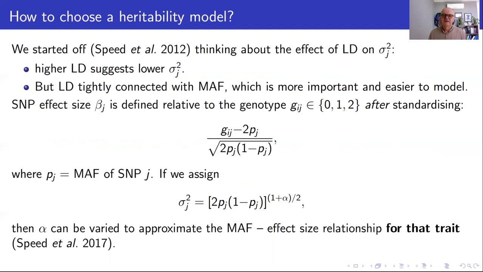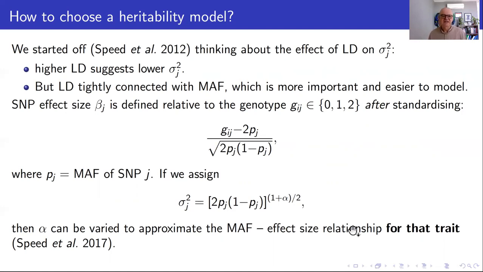And arguably, at the time, we said after adjusting for LD, we had a look and said, oh, if you also adjust for MAF, you get a gain, but it's not so great. But actually, we didn't do it the other way around, which is to do MAF first, which would have been better. We would have seen that it is actually more important, but it's also easier to model. And also MAF is trait specific in a way that has a natural interpretation that I'll come to now.